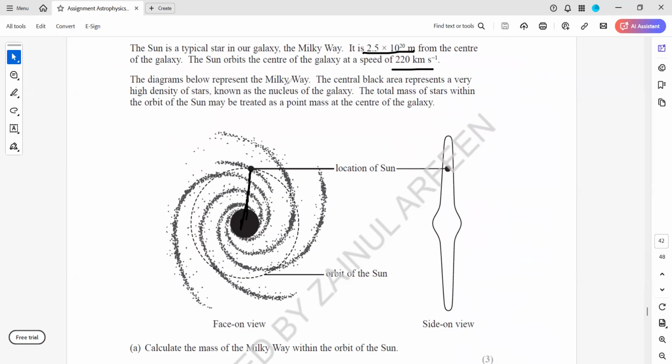The diagram below represents the Milky Way. The central black area represents a very dense, very high density star, which is also known as the nucleus of the galaxy. The total mass of the stars within the orbit of the sun may be treated as a point mass. Like we can compare, so many particles are there, but we consider them as a point mass, all together. And the sun may be treated as a point mass too. Now the question is,